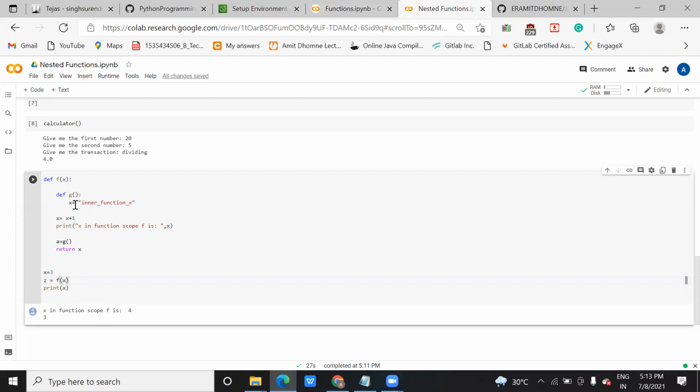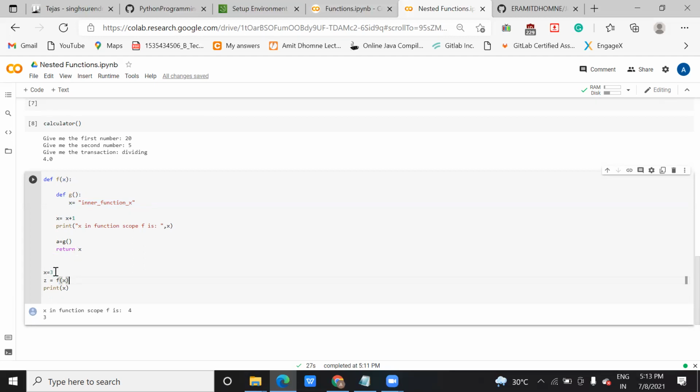So when you declare inside this function, it means this is local to this function, and it will add x1 to x and print it. Now you are assigning the value obtained from function g to this a and you will return x.